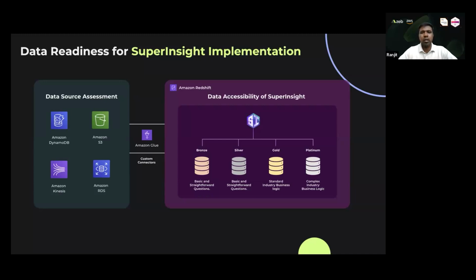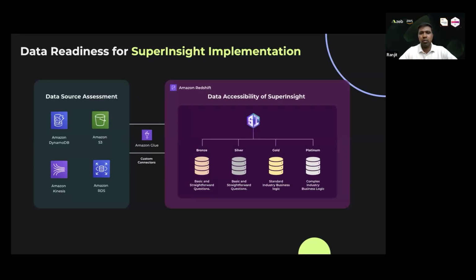From a data readiness standpoint, we categorize our readiness into bronze, silver, gold, and platinum, depending upon the maturity level that you are at today. We improved our AI layer on top, which is SuperInsight, so that it tries to understand what level of structure the data has. Based upon the structure and the knowledge base, it clearly understands whether you are in raw data that you have not transformed enough to use, or if you have cleaned up one level and your data maturity is good, where you have cleaned up all your issues in the data,